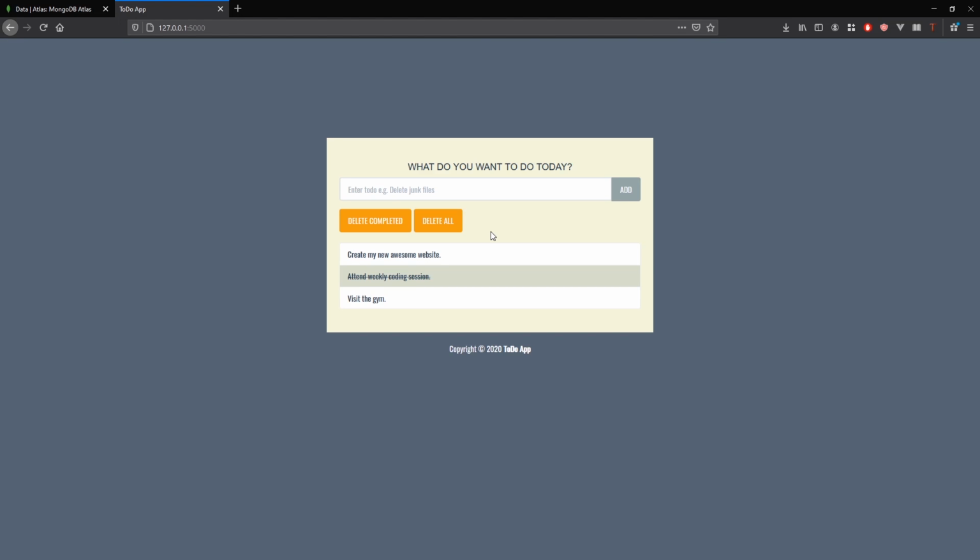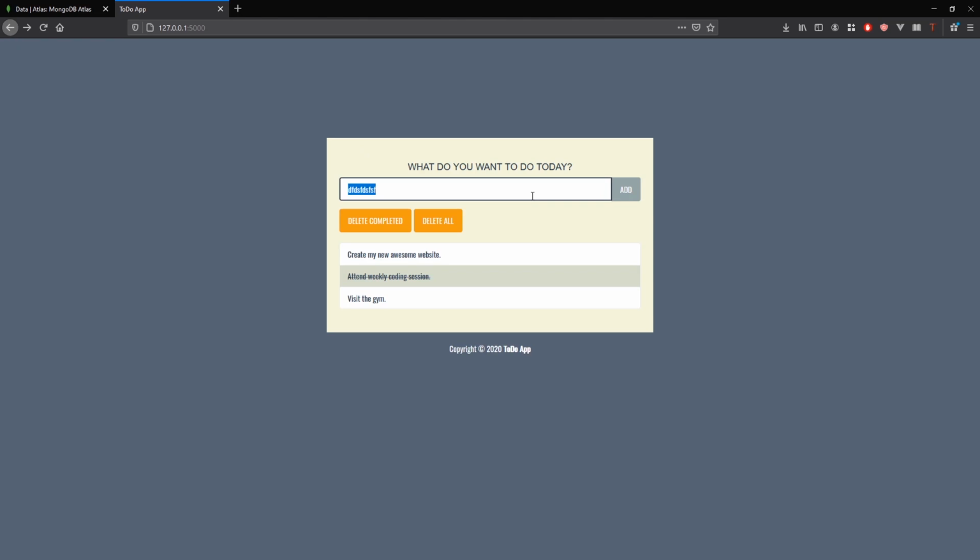So now let's bring this to life. The first thing I want to do is be able to add new to-do items to the database. So when I type something here and click add, it will allow me to add it to the database. Of course, it doesn't work yet because I haven't done anything, but what I want to do is make sure that this form and this add button send the information to my app,